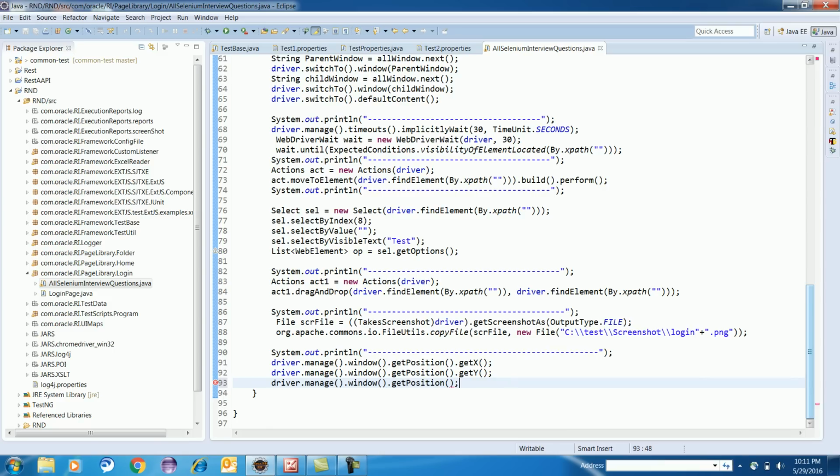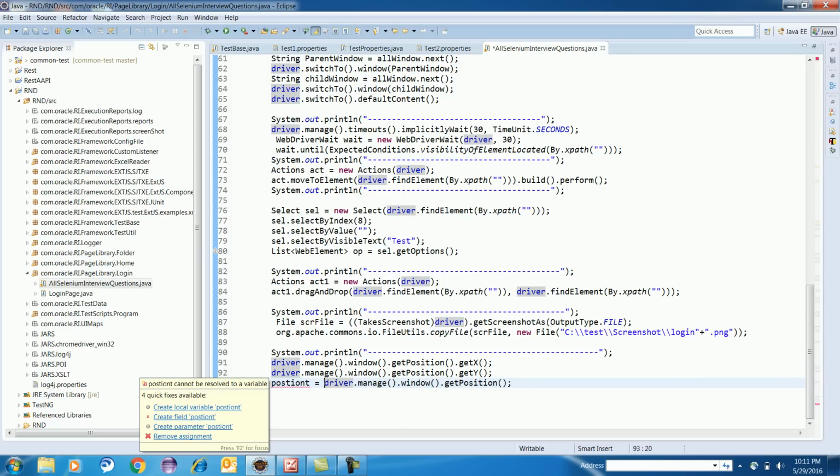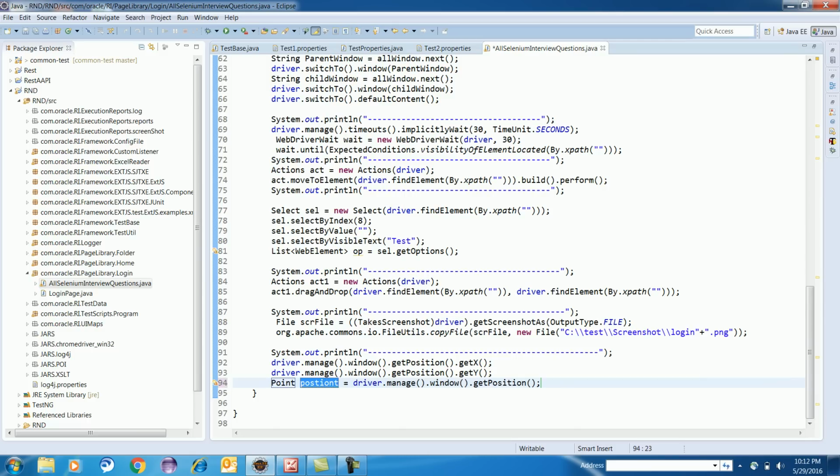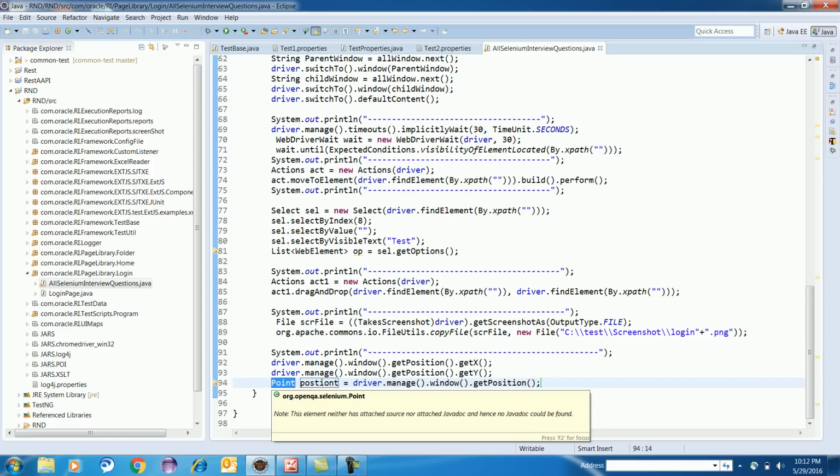If you store this into a variable, you will get something called a Point. Point is an interface available in Selenium.